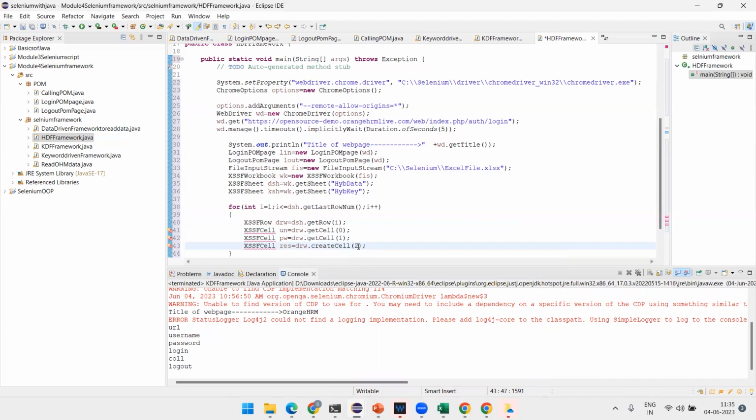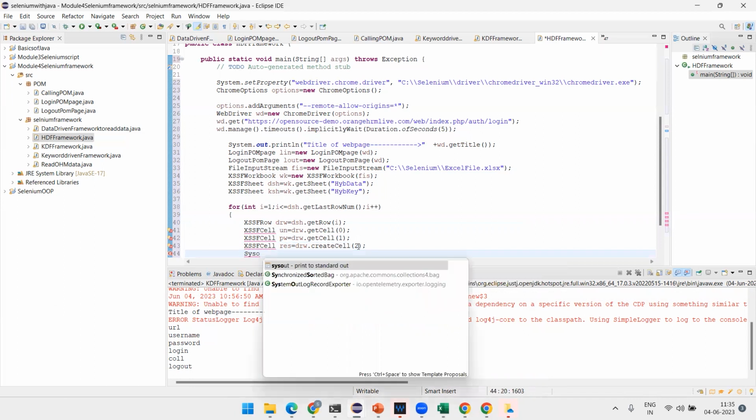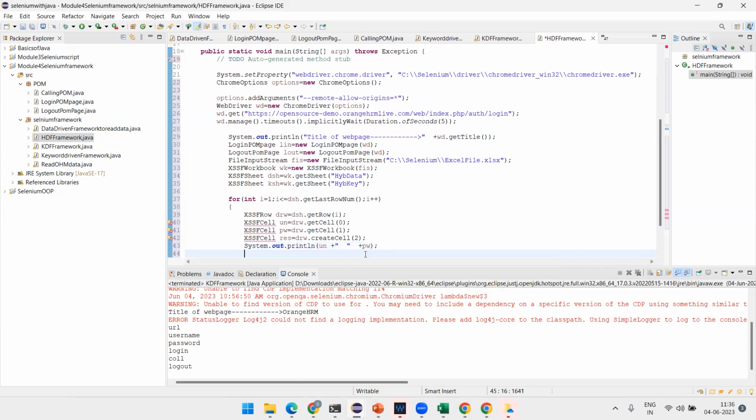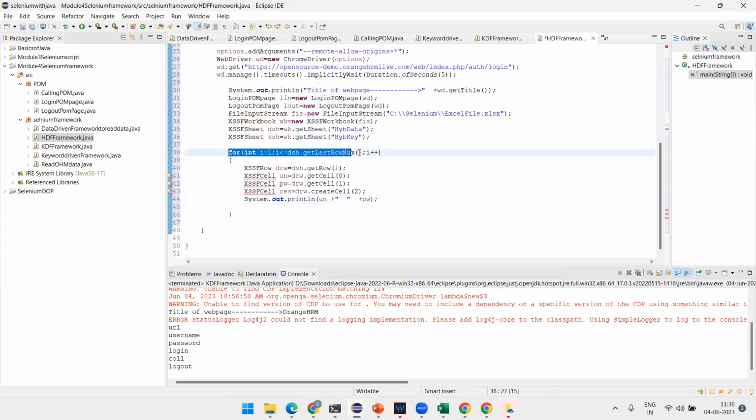Okay. Now, if I want something at the console, write sysout, control space, printer. At printer, I want username and password. Okay. So just mention over here UN, username, plus password. This is for blank. After username, there should be some blank over there. So username, password. Okay. Then the next column is for